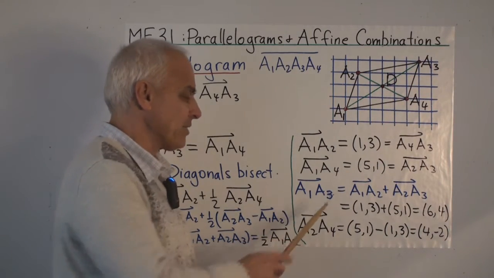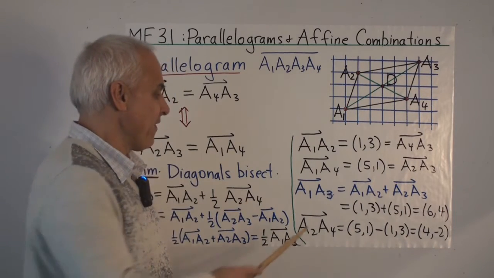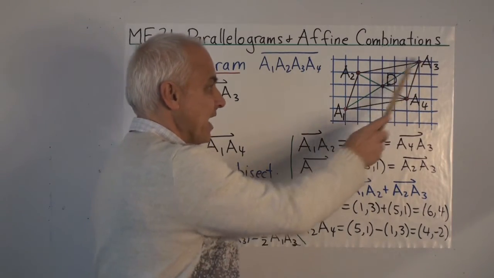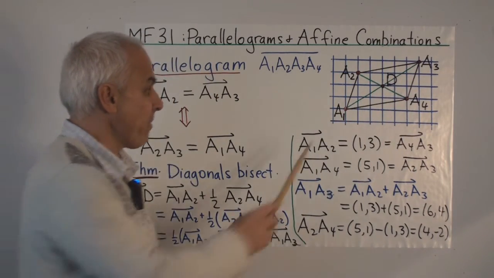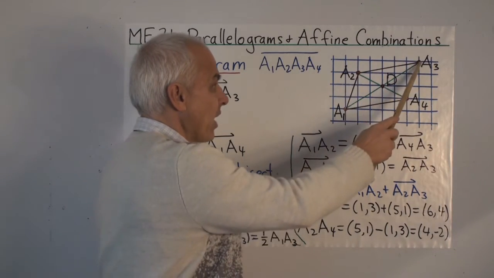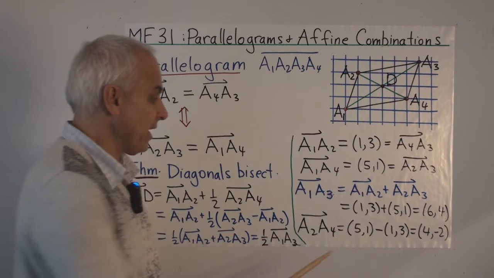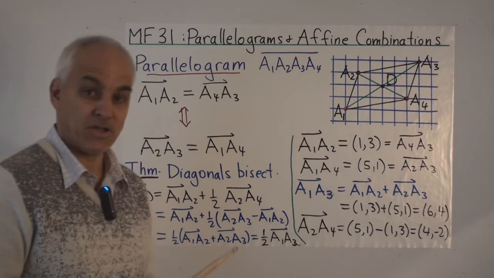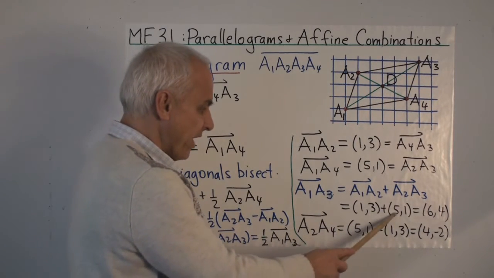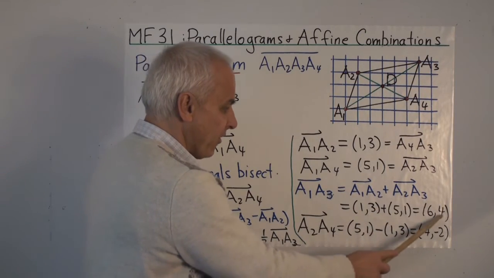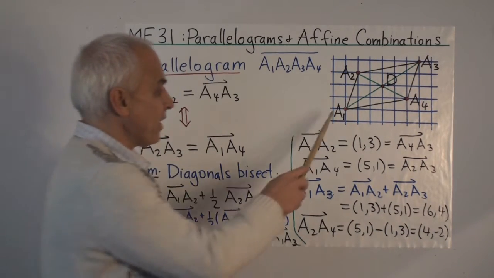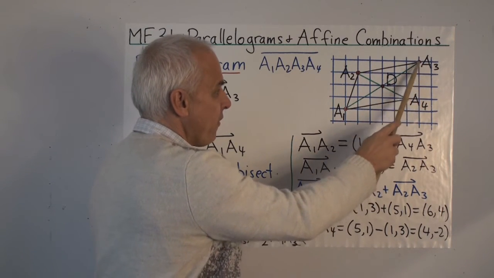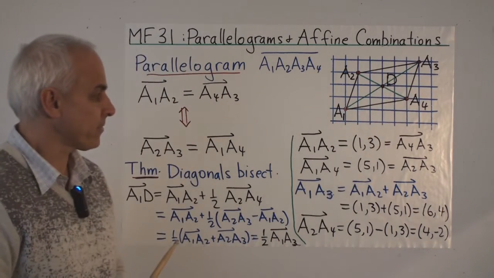The vector notation allows us to do arithmetic with vectors. For example, we can combine vectors to form new vectors. The vector A1A3, which is a diagonal of this parallelogram, is a combination of A1A2 and A2A3. So arithmetically, there's the vector A1A2, there's the vector A2A3. To combine them or add them, we just add them component-wise. The 1 plus 5 gives us 6, the 3 plus 1 gives us 4. And indeed, we can check that going from here to here involves going over 6 and going up 4. So this is indeed the vector (6, 4).